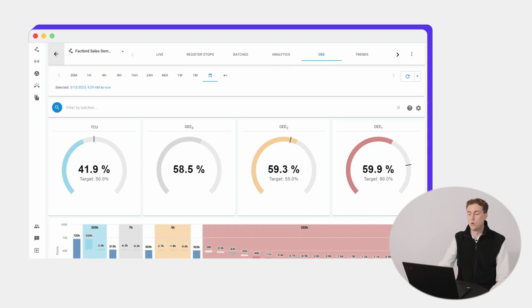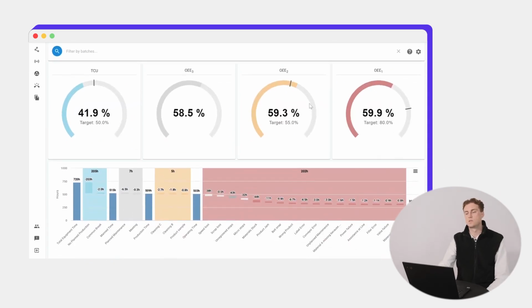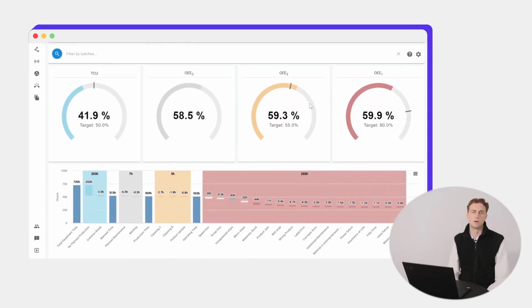Looking next into the OEE tab, we can see here this extensive OEE breakdown that you as a production manager can use to understand where it is that you're losing time. So here we're looking at a 720-hour period, and you can see due to this blue time, which is time you weren't planning to produce, this gray time of maintenance, this yellow time of cleaning, and this red time of all of your unplanned stoppages, gives you a value-adding time of 301 hours, which gives you an OEE score of